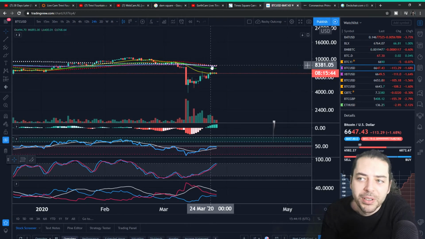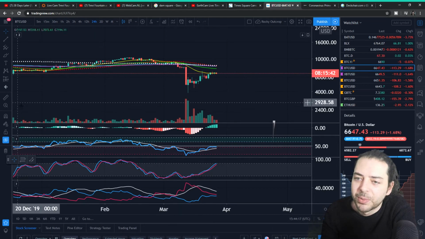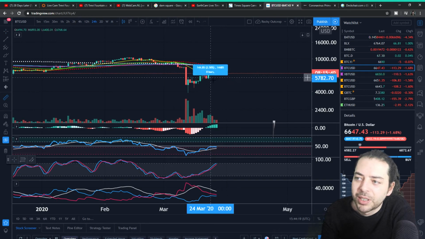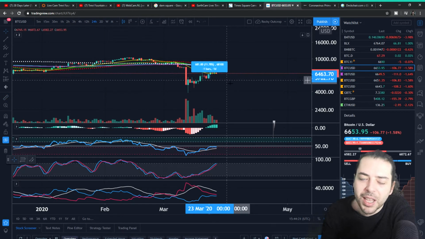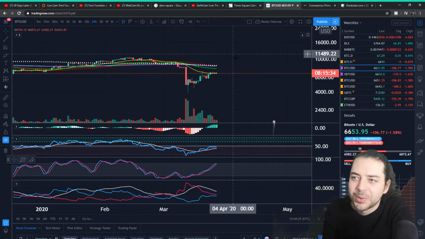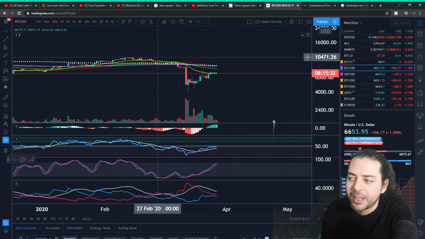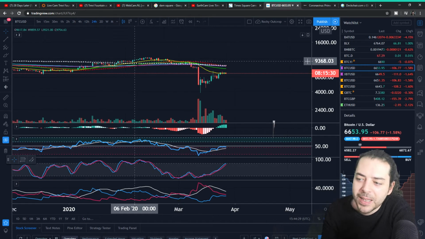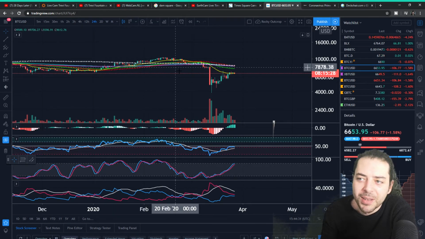So could we move 10%? Sure we could, we've done it often enough. What about this green candle here? How big a move was that? That was 11%. So could we move 10% up towards the end of the month and actually close in a higher low on the monthly time frame? Well, that's what I'm looking out for, really, and that's basically all I have to say about the technicals right now.